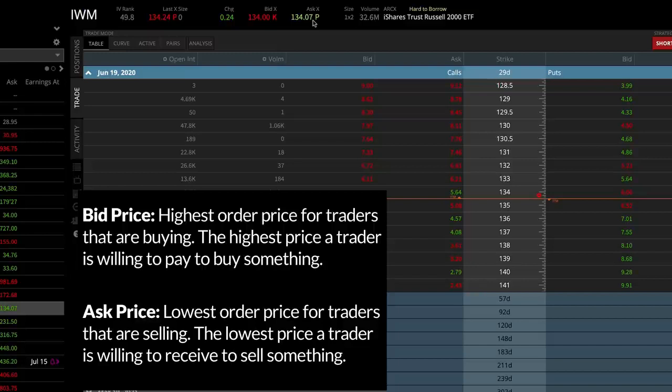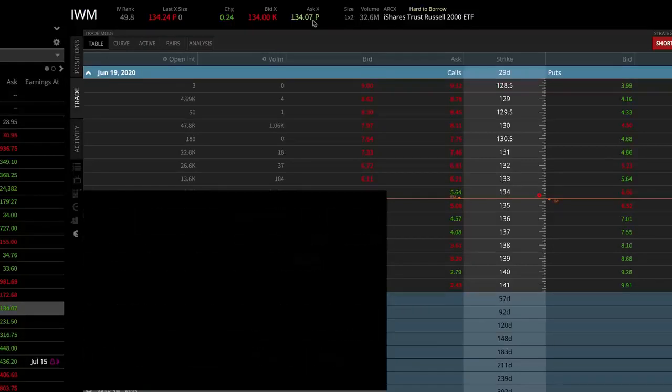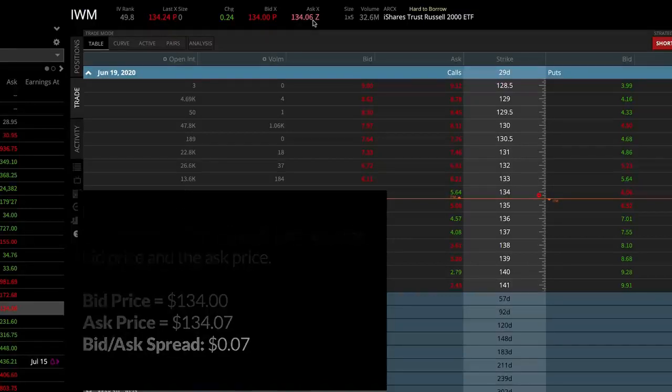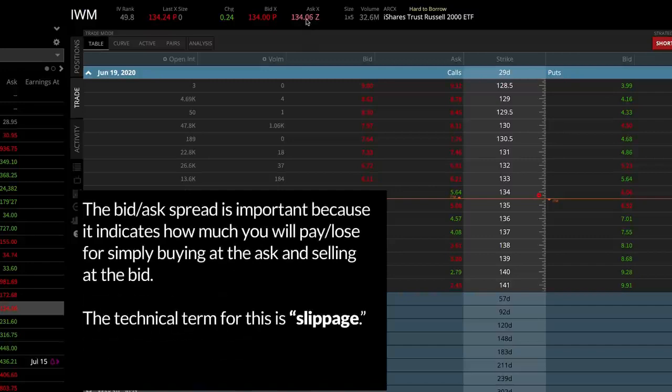$134.07. And the difference between these two is called the bid-ask spread. Now this is important because the wider a bid-ask spread is, the more money you will lose from simply entering and exiting that trade at the bid and the ask price. So if I were to buy a share of IWM, I would have to go to those people who are selling the shares, which means I have to go to the asking price. So if I want to buy a share of IWM right now, I have to pay